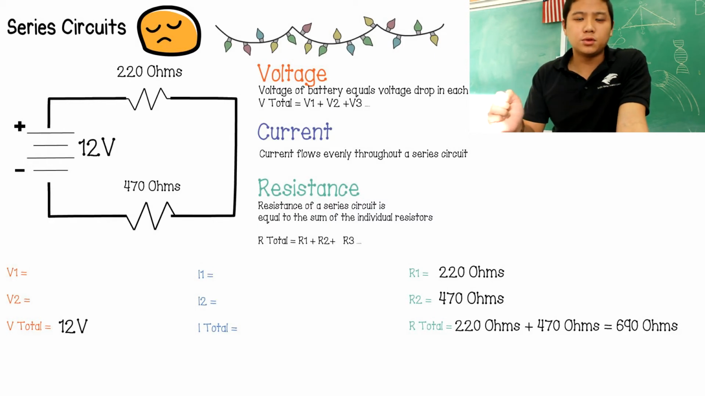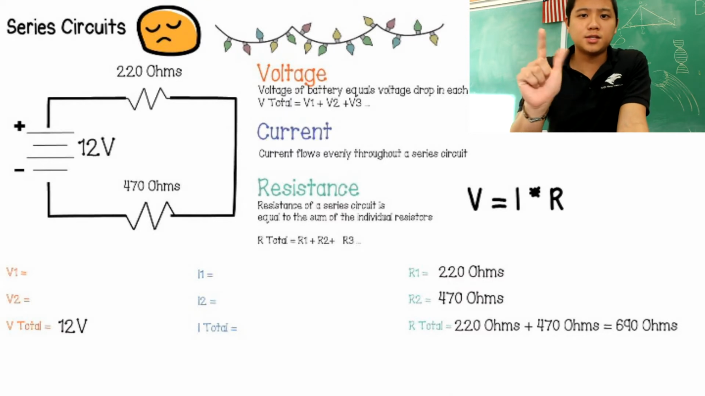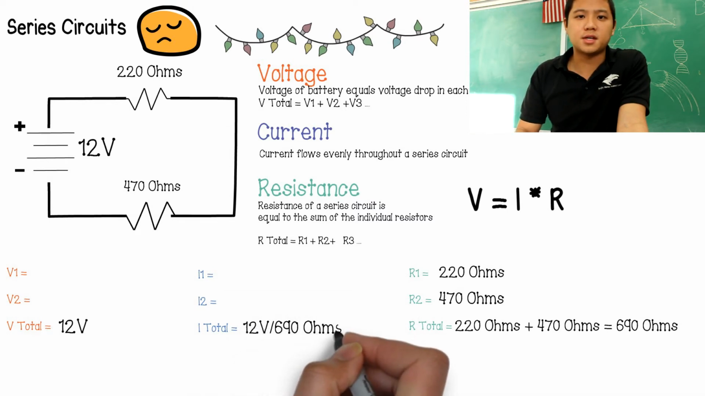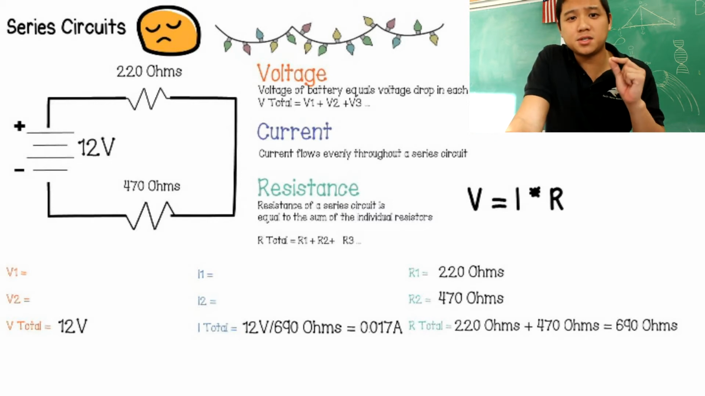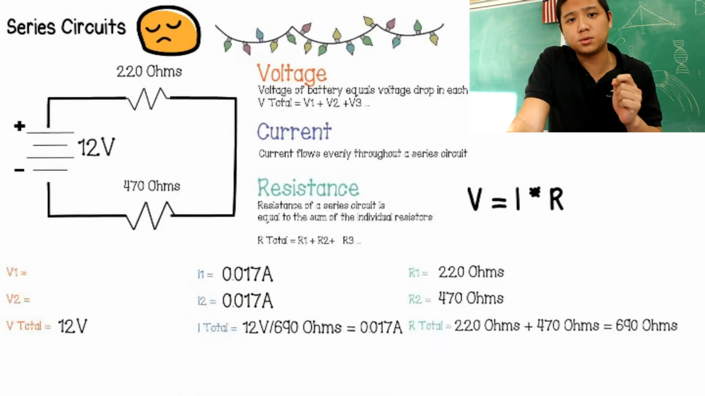resistance. Now if you look, we have the total voltage, we have the total resistance, and since we have two of those variables, we can figure out the third using Ohm's law. So we do 12 volts divided by 690 ohms, and we get 0.017 amps. Now since this is a series circuit, the current flowing through the entire circuit is even. Therefore, the current going through resistor 1 is 0.017 amps, and the current going through resistor 2 is also 0.017